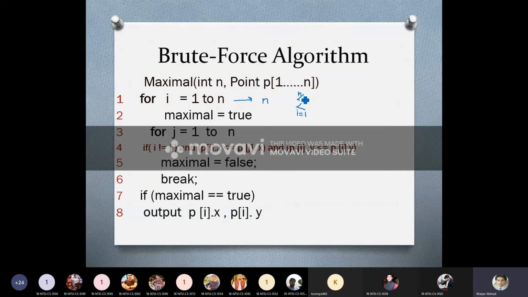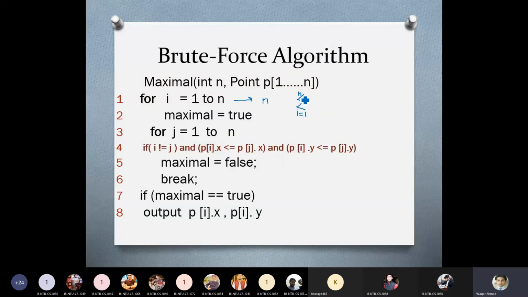So loops in analysis are most of the time referred to with this summation symbol, which is used for referring to loops inside algorithms.